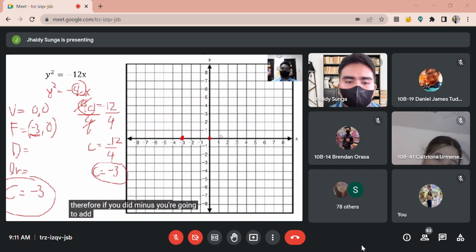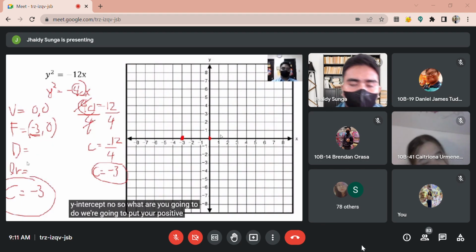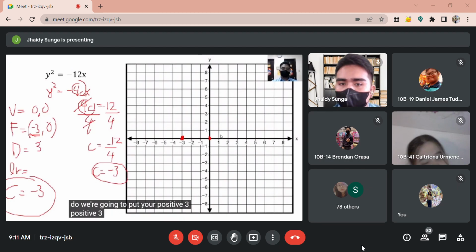add at the other side, no? So you're going to input 3 at your right side, no? So what are you going to do? You're going to put your positive 3 at your x-axis as well. So therefore, it will be